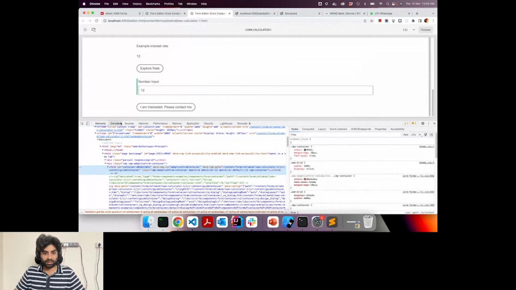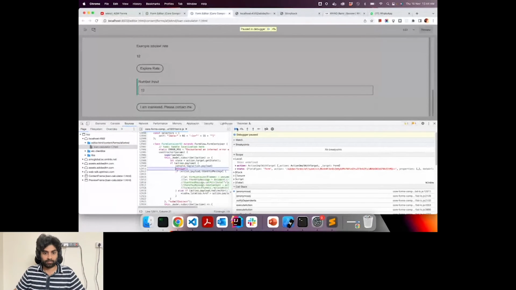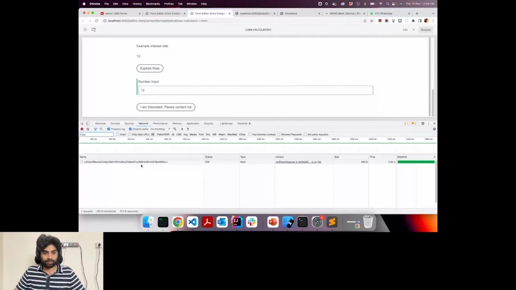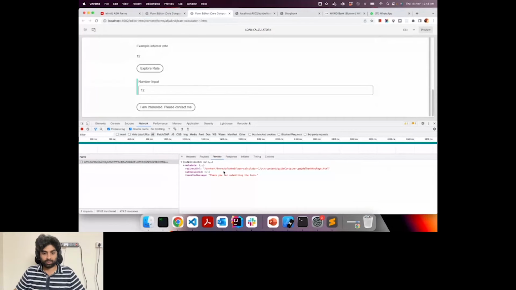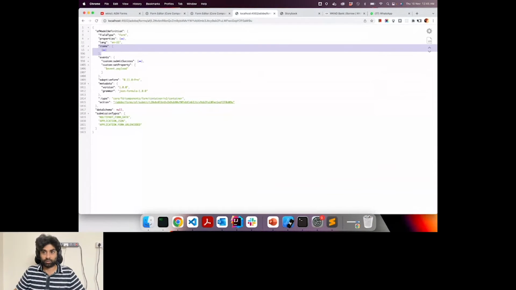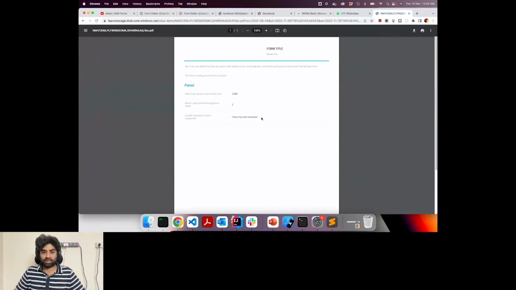You click on that, it makes a call to the server, and if you have a look at it, it returns a link of the document of record that was generated because it was configured in the form. I'll just show you what that particular document was. So you can see that all the details that were filled are captured in the document.